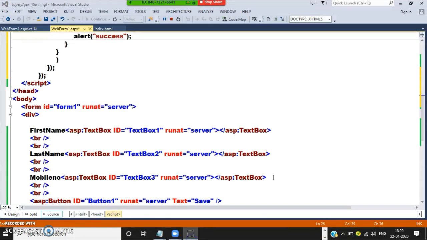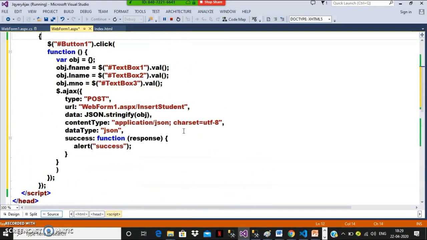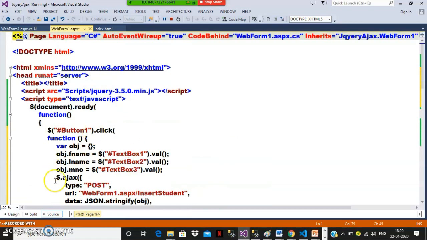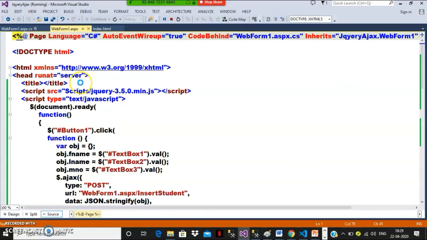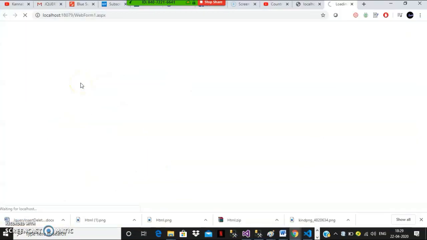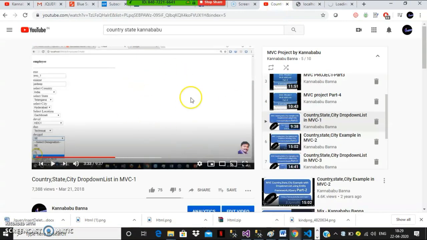Here I modified the code, but no problem. Don't worry, I will copy this code in the description. You can try it, because you may get errors at the time of writing that code. Copy and paste it, that is better. But better, I suggest you watch the YouTube open country state example by Kannababu. This is the ultimate example I explained with jQuery with MVC.